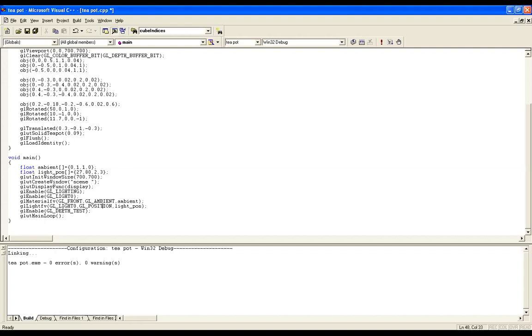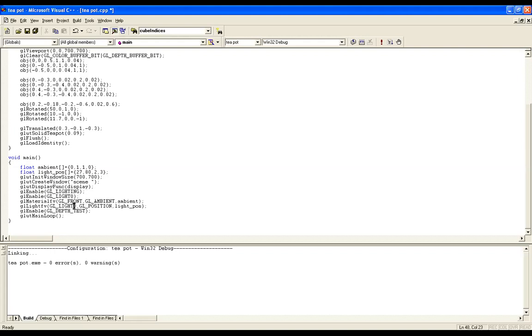And what is the work of GL_DEPTH_TEST? Why should I enable it? Because it is going to do the comparison with the depth and update the depth buffer. I am going to flush the buffer, which I need to build in the backend. Whenever I do glEnable GL_DEPTH_TEST, it compares with the depth and updates the depth buffer. That is the work of GL_DEPTH_TEST. These are some of the new functions which you have not used in your previous programs, so I am stressing them more. This is going to enable the material properties.